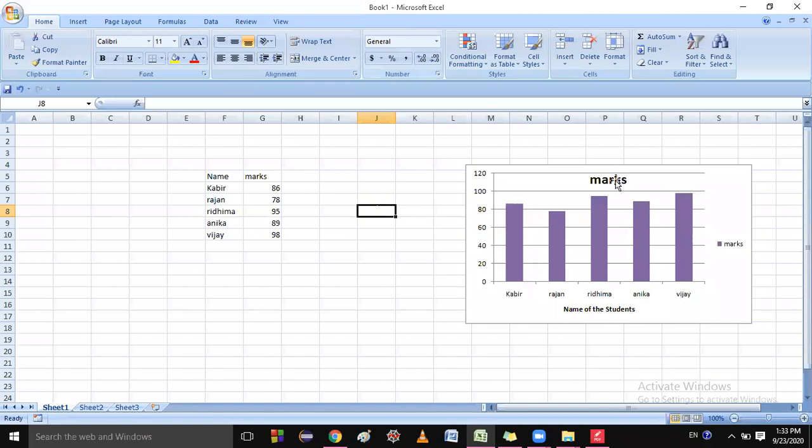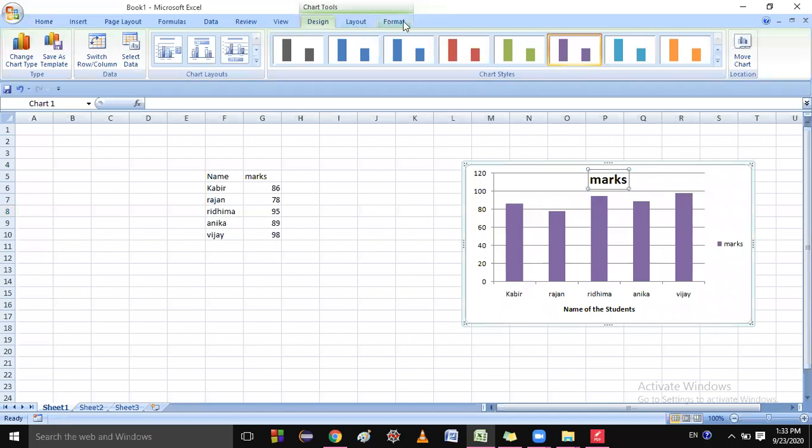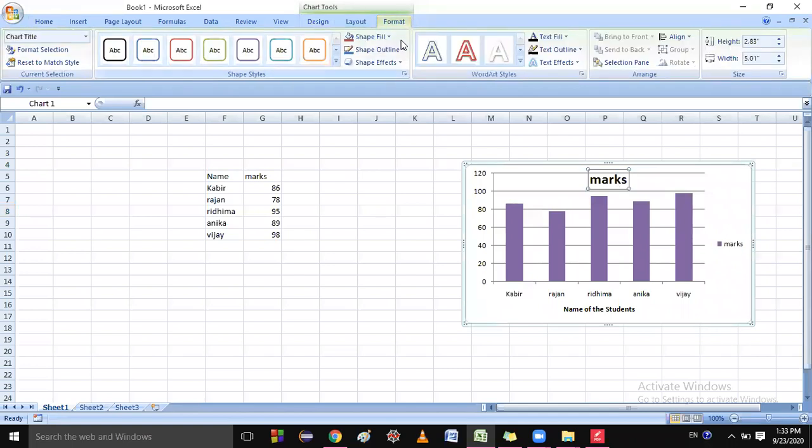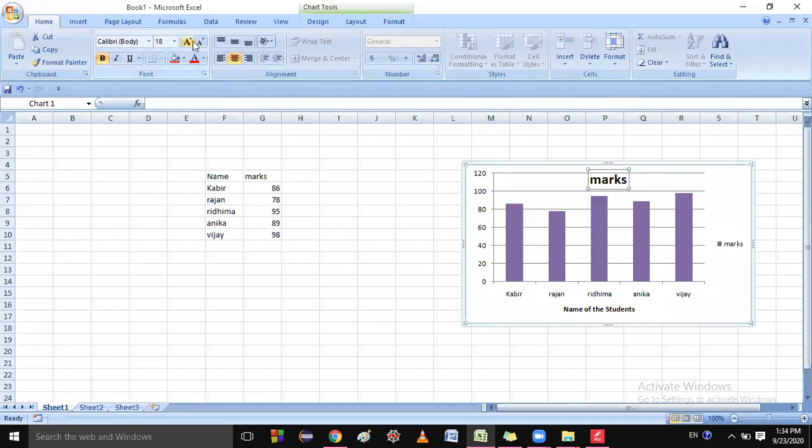You can do it, go to the format, or you can go to the home and do it in a small color. You can see here, this is going to small. Okay. And you can unbold it. Just, you can see. Are you satisfied? Yes, sir.